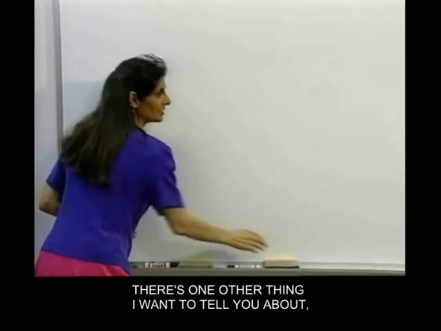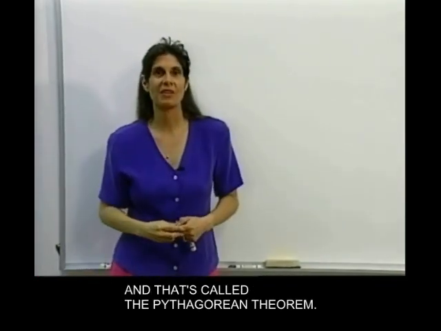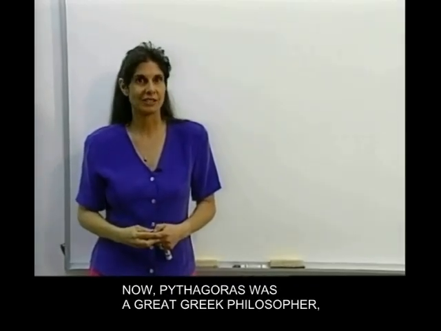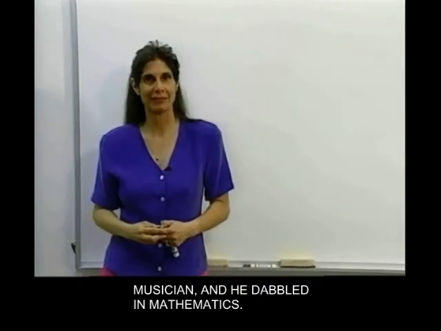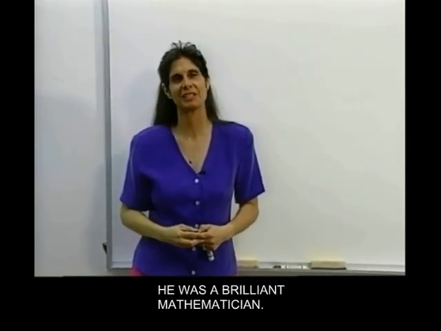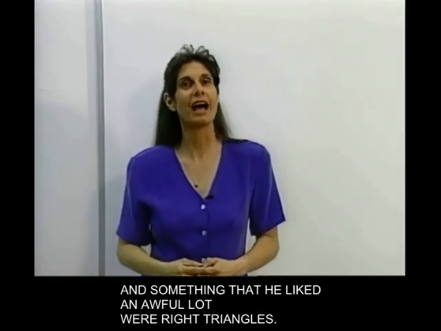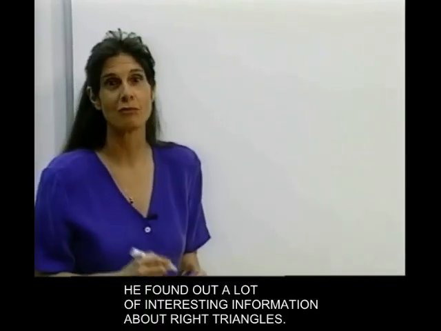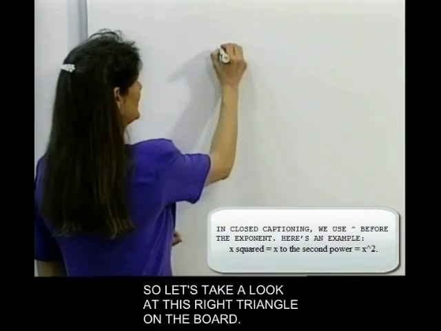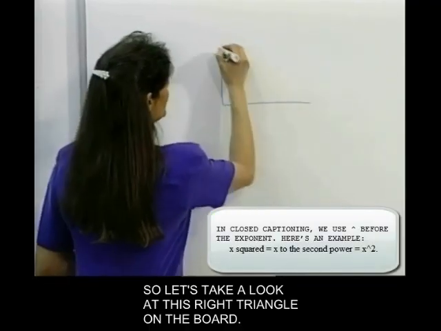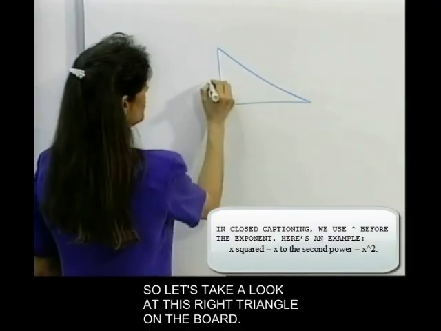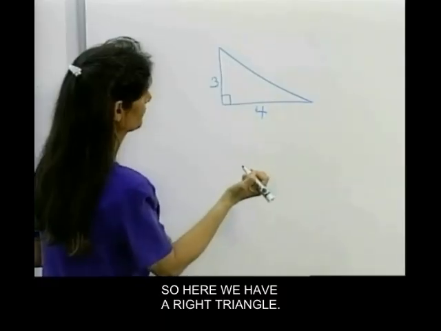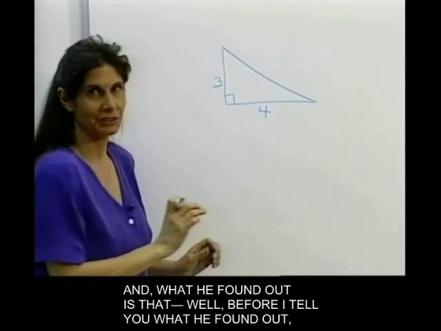There's one other thing I want to tell you about, and that's called the Pythagorean Theorem. Now, Pythagoras was a great Greek philosopher, musician, and he dabbled in mathematics. He was a brilliant mathematician, and something that he liked an awful lot were right triangles, and he found out a lot of interesting information about right triangles. So let's take a look at this right triangle on the board. So here we have a right triangle, and what he found out is that,